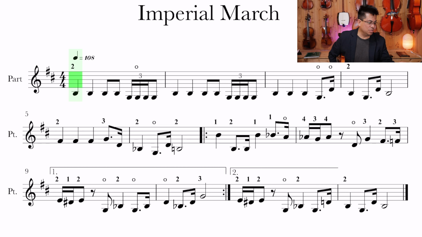Let me start by showing you on the screen. I am highlighting with the green stripe a 16th note triplet. A 16th note triplet is not very common to see at this level, but nevertheless it is a triplet, and you should count it the same. So it's not just